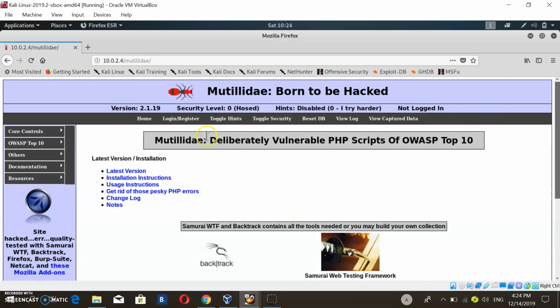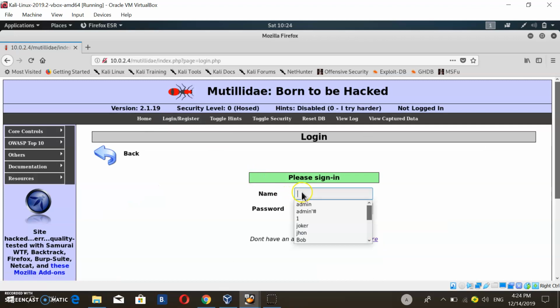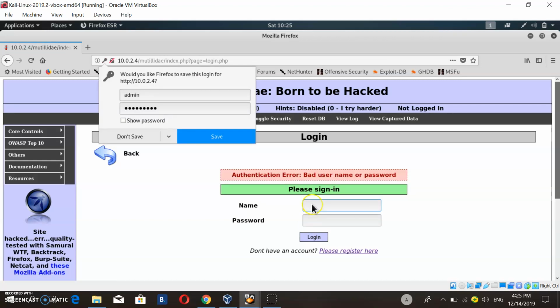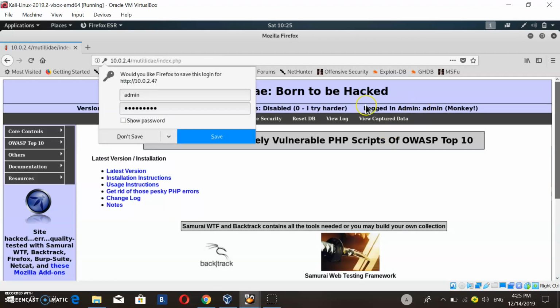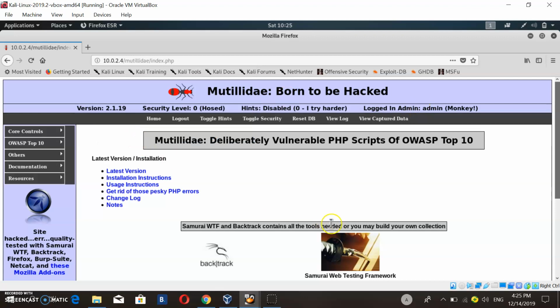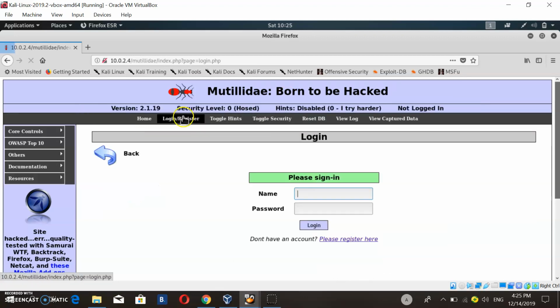First of all, if I go to the login section, you see that I have admin, and I know the password of admin is adminpass. Sorry, I have written it wrong. Admin, adminpass. Yes, now I'm in as admin. You see that I'm in as admin. But if I log out, and I don't have the password, how can I log in